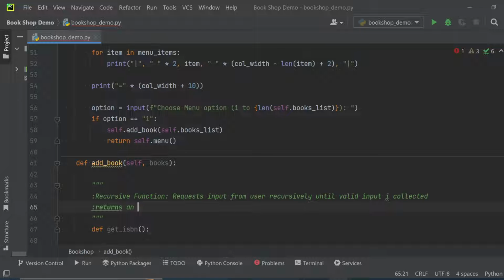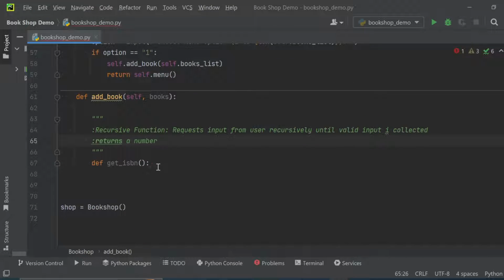So it returns a number. So we're going to describe that function here, get ISBN number. So I will start by saying n is equal to